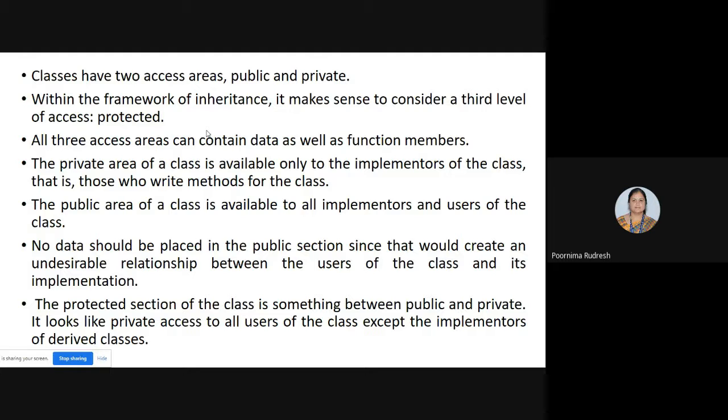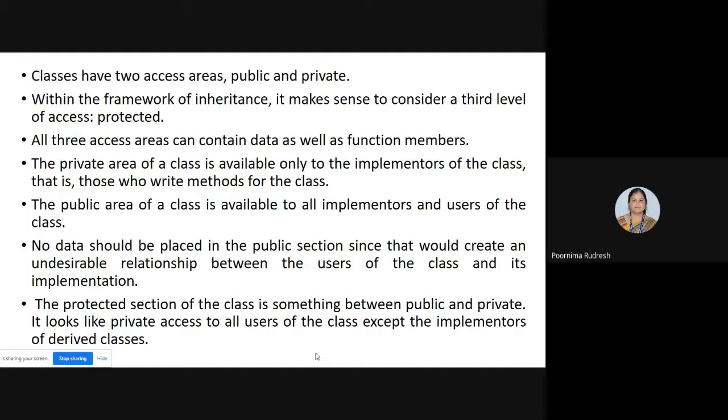Means here we have class 1 and class 2, where class 2 is the derived class. If class 1 is the base class and class 2 is the derived class, then the derived class implementers can make use of the protected section data. Understood? That is the meaning.